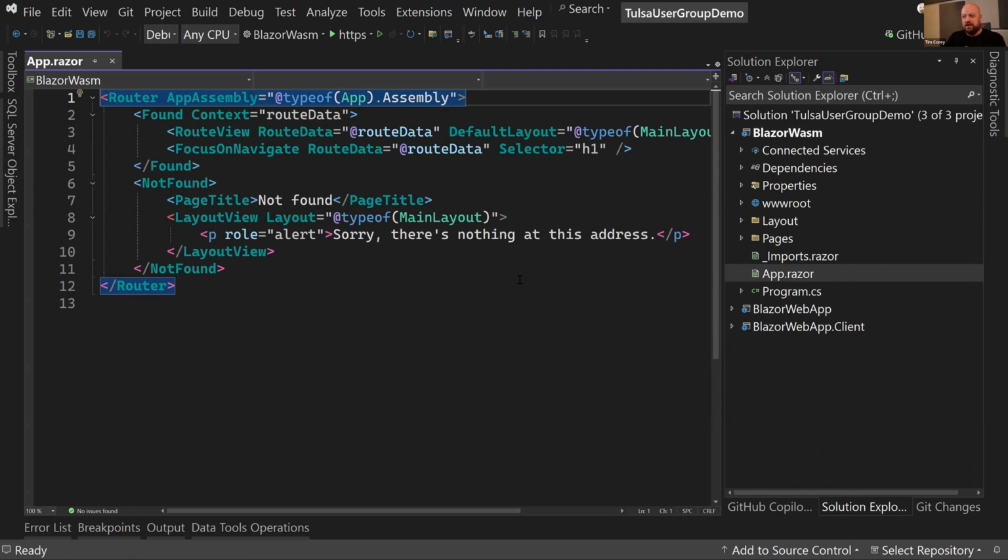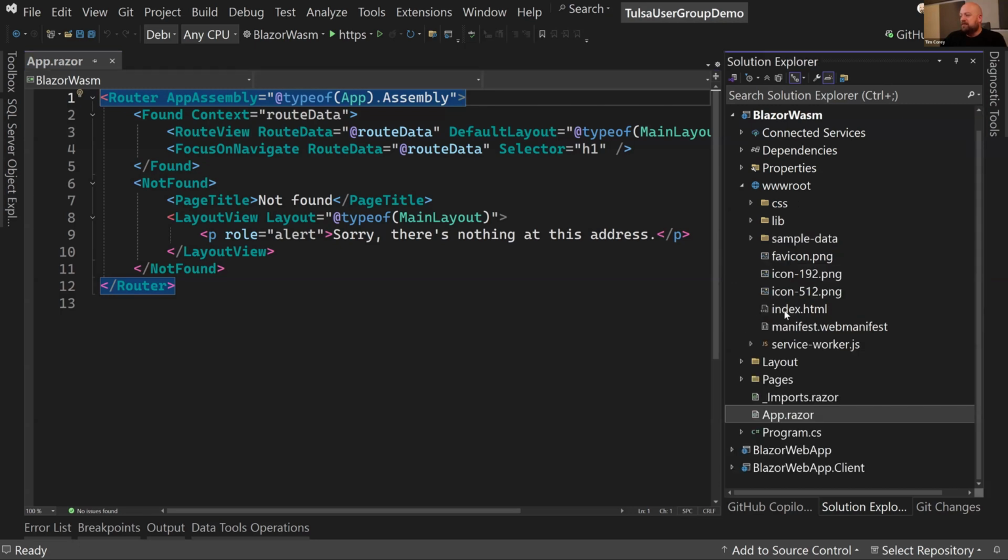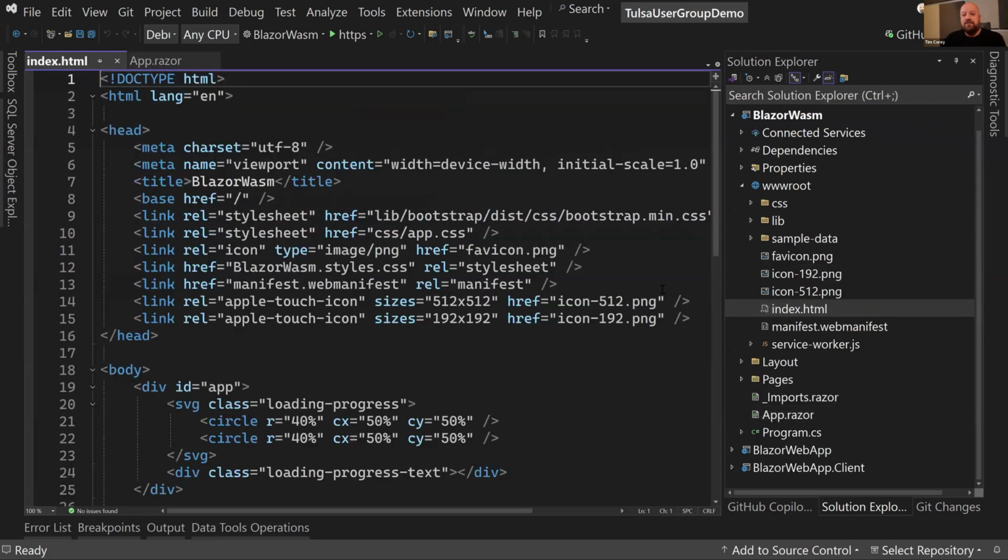It's what does the routing. So you might say, well, where is my main page, my index.html type thing? Well, that's a great way of saying it, index.html. We go under wwwroot. Well, there we go, index.html. That's your